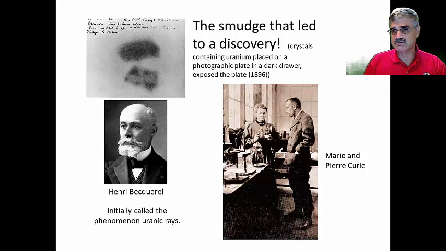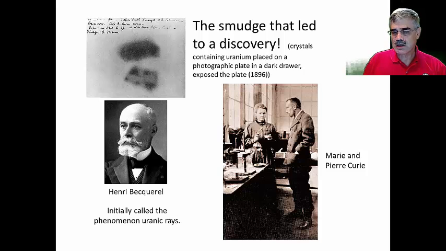source of photons or electrons or something that was developing the film so that he could see the image of the crystals on the film. That's shown in the upper left. Now, he initially called this phenomena uranic waves because he knew that the samples contained uranium. So he called them uranic waves. And his discovery was around